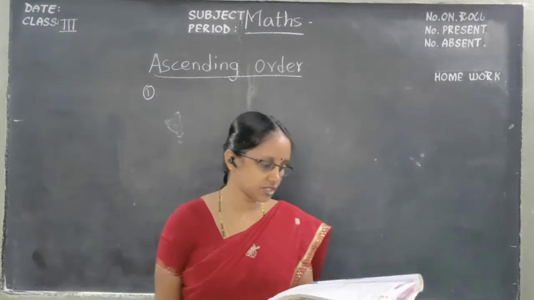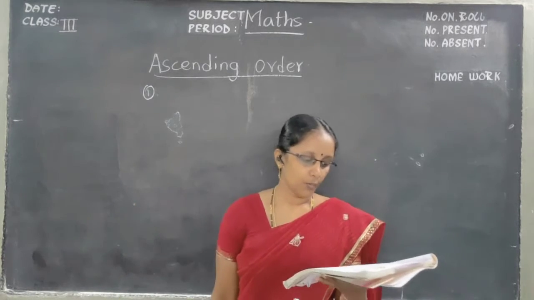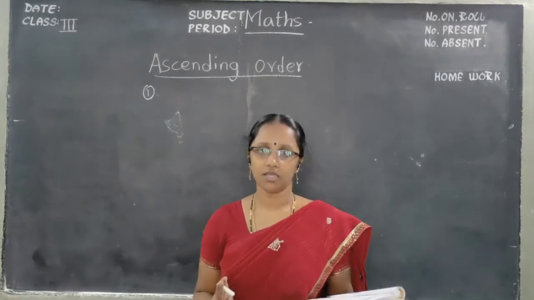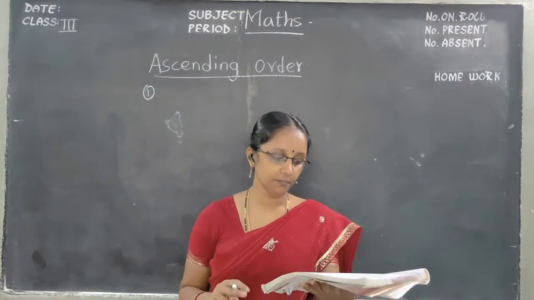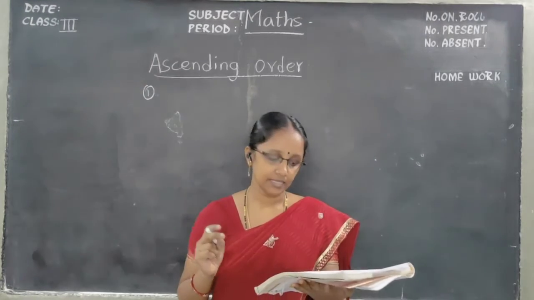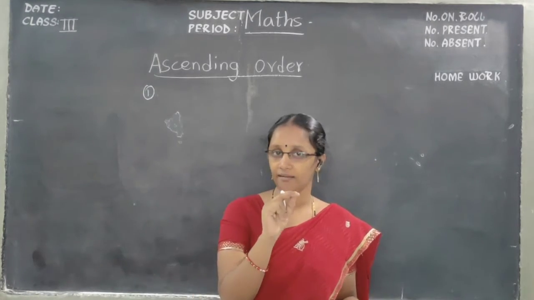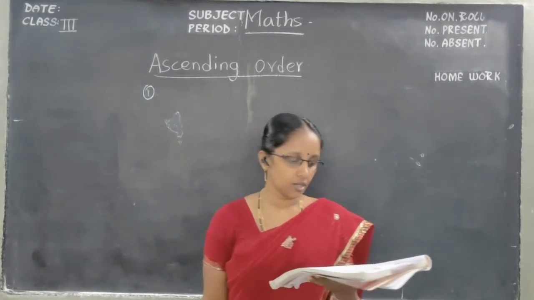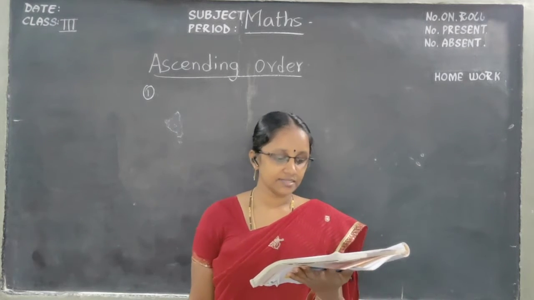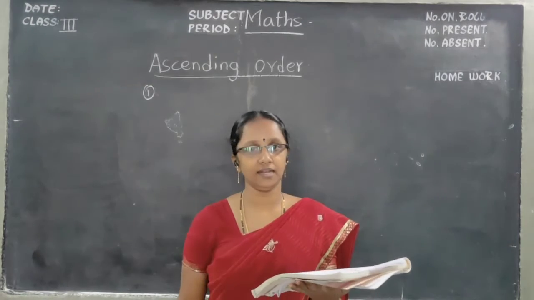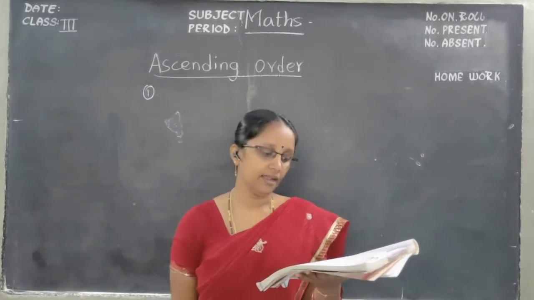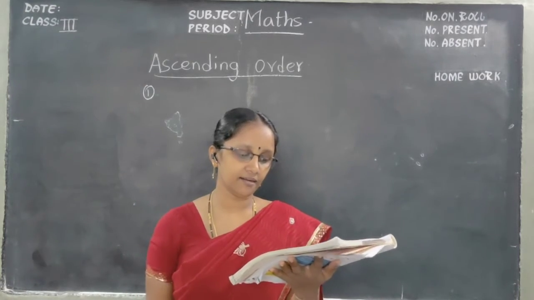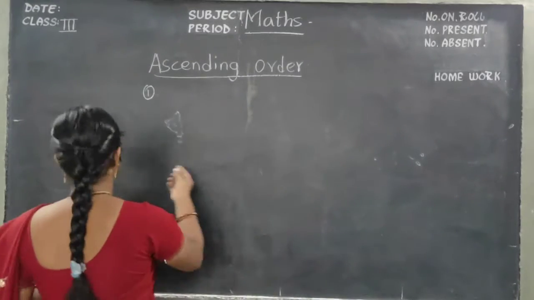So what have they given in the question? 1956. You should not read it as nineteen fifty-six. You should read it by ones, tens, hundreds, thousands. Like that you have to count and then you have to read. So 1956, 6095. In hundreds place no number is there. That's why 695. 6491, 1965. So now, what number will come first, children, tell me?